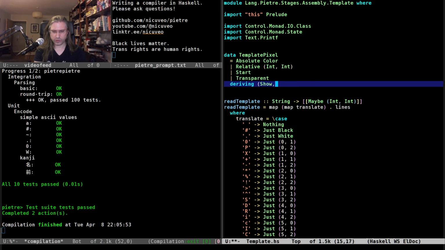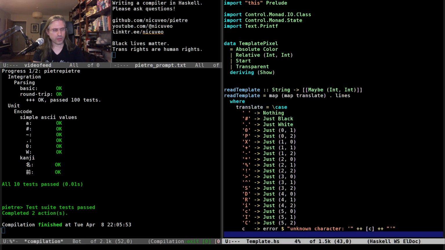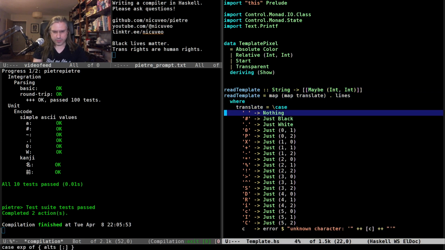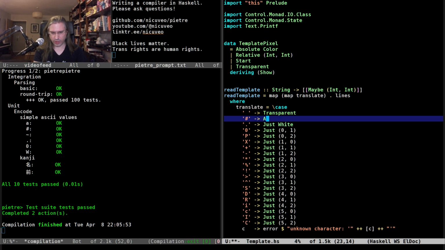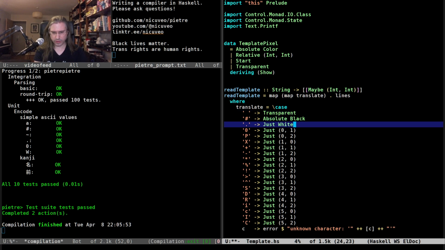I probably only need Show here. Okay, so let's rewrite this. This is transparent. This is absolute black, absolute white.